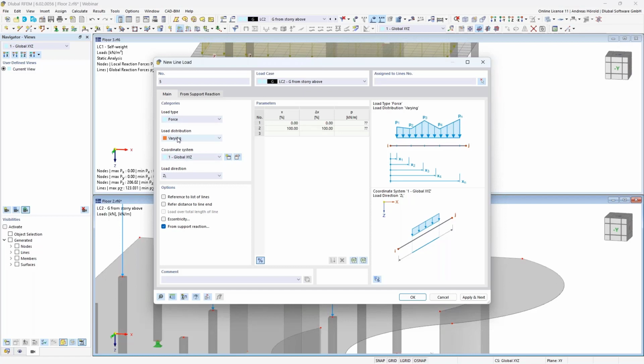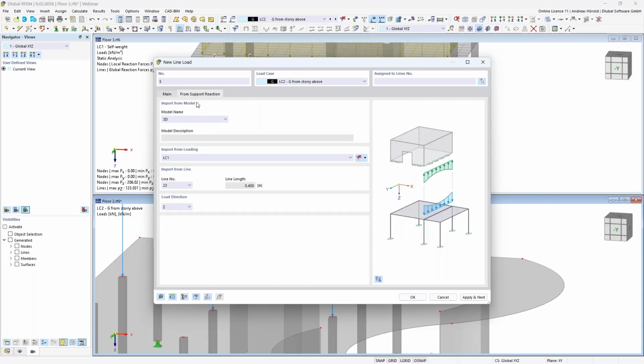I can choose a load distribution with varying uniform. I leave it varying. Then in the dialog from support reaction, I have to choose the model floor 3, load